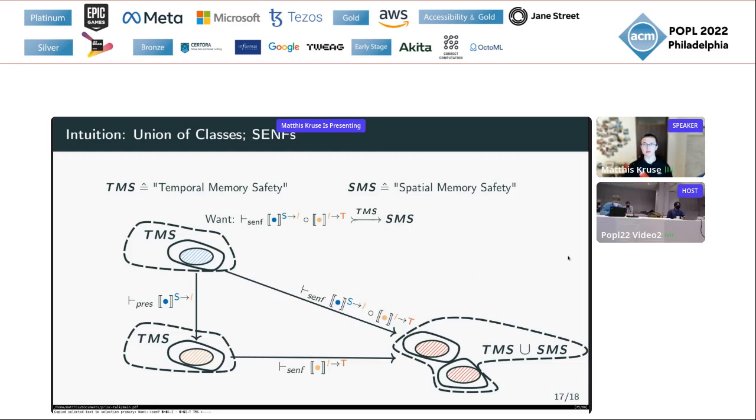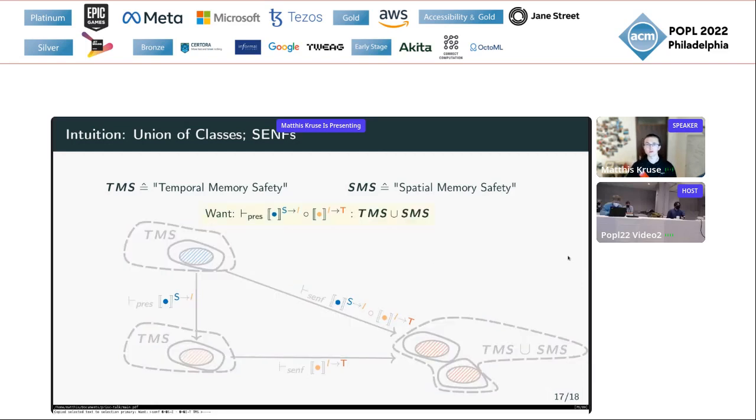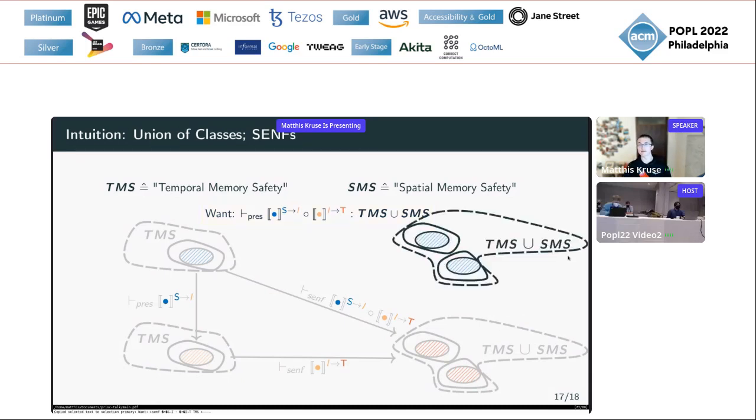Now, comparing this state of affairs with the preservation of the union of these two classes, unfolding the definition of robust compilers, we get as an assumption that the behavior of a given blue program is in temporal memory safety or in spatial memory safety. And you know the drill by now. Applying the robust compilation of blue S to yellow I, we preserve the property temporal memory safety. However, there's nothing we can say, at least from this abstract perspective, about spatial memory safety for the intermediate level. The applied compiler might preserve it, but it might also do something funky while preserving temporal memory safety. So the only thing we really know at this point is that the yellow target behavior is temporal memory safe.